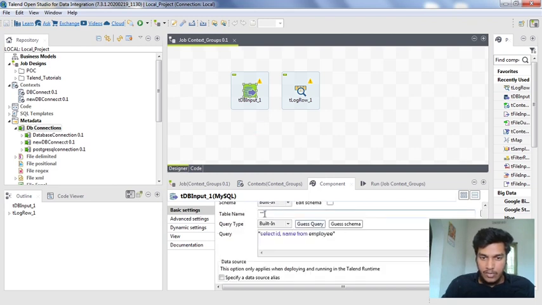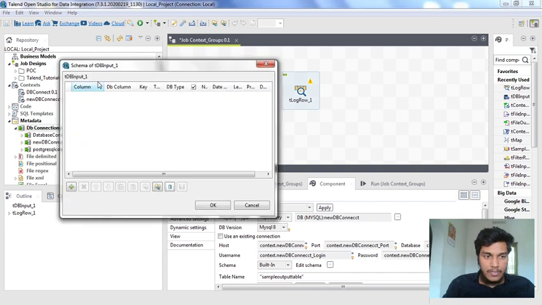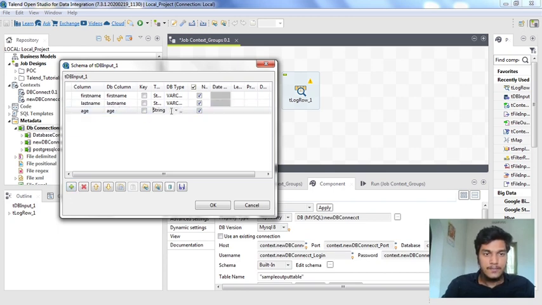Now it is automatically configured. One thing I have to mention here is the table name, output table, and we need to edit the schema for it. The schema is a first name which is a string, then last name which is also a string, and then age which is an integer.